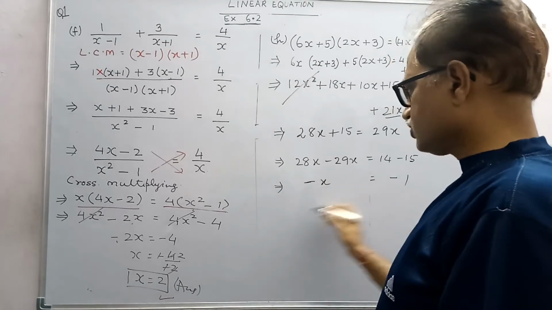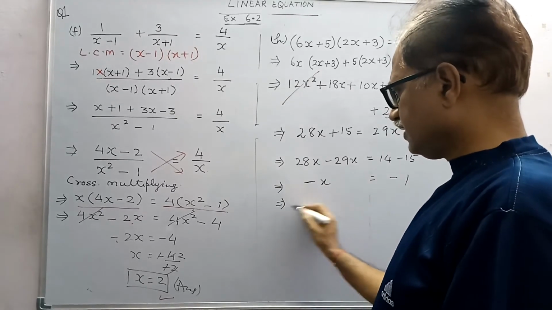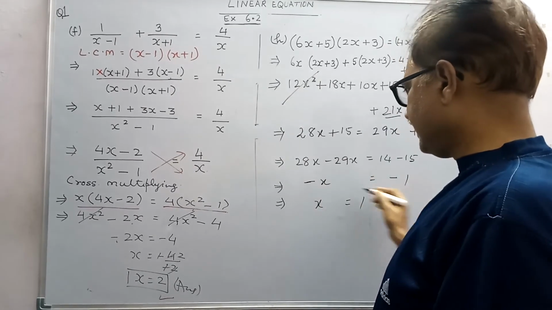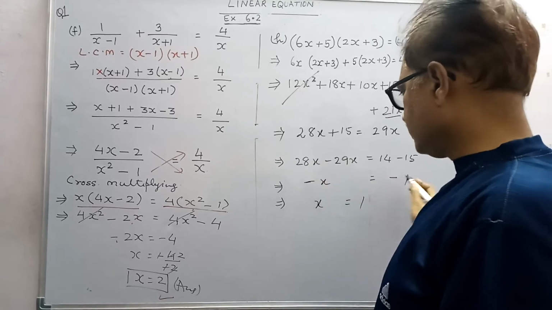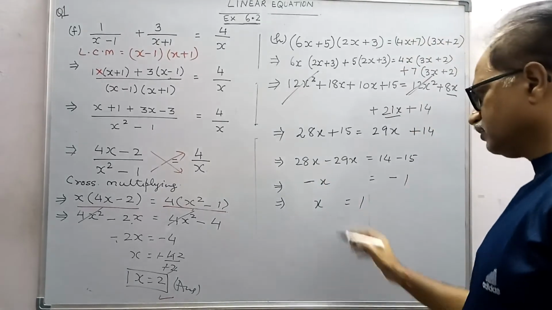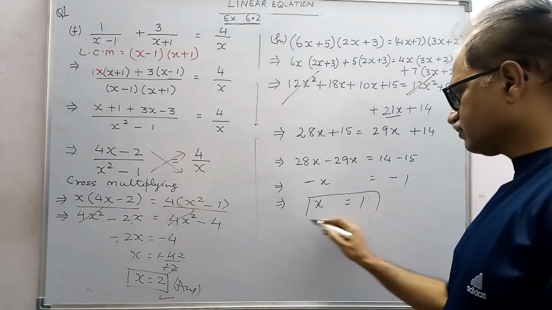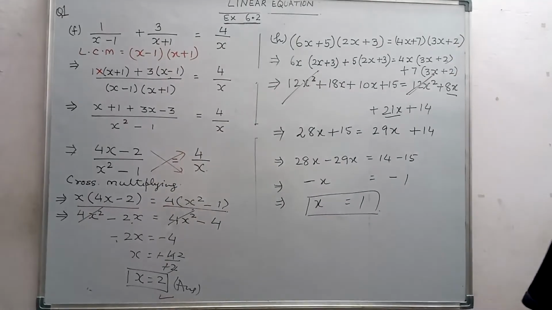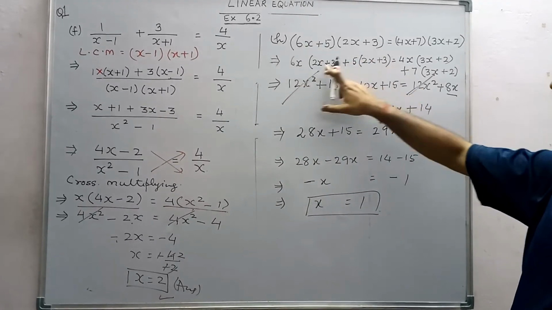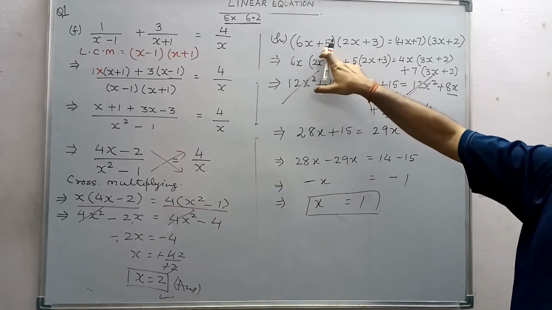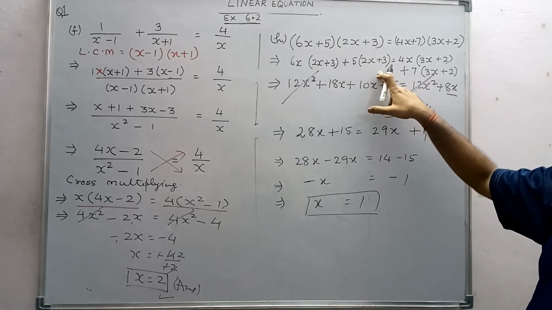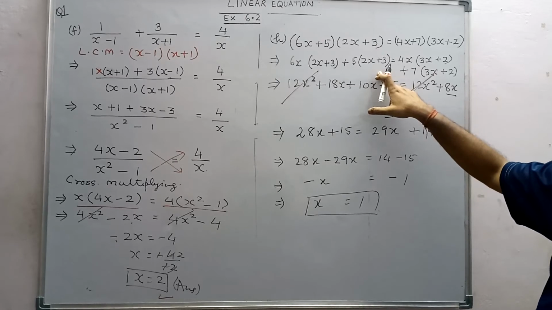So minus, minus both sides you see. This implies what? x is equal to 1. Negative sign both sides will be cancelled out. You can cancel out or you can leave it that way. This implies x equal to 1. This is the solution of this question. Okay. So here you see this first term multiplied by this whole bracket, then positive sign, second term multiplied by this whole bracket. This way we open this. We have been doing this in algebraic expressions.